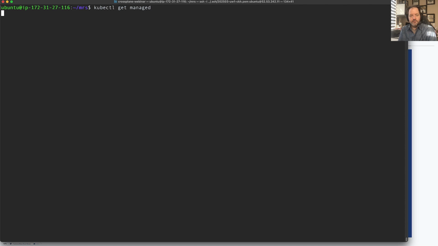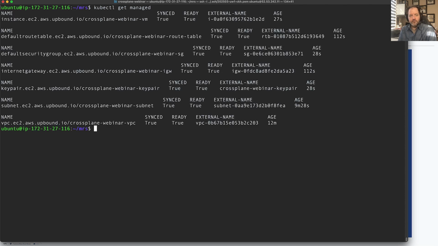So let's do it again. kubectl get managed, and see if I have everything set up. Right. So now I have everything I need. I've got the subnet, the key pair, the route table, etc., and I have a virtual machine that's deployed. So most of the stuff was networking, right? The compute is really handled by the instance. It just turns out that the instance in AWS also comes with a default amount of disk. So if I cat the VM real quick,